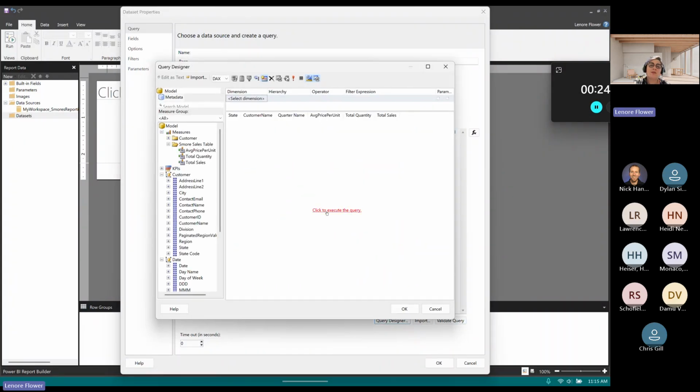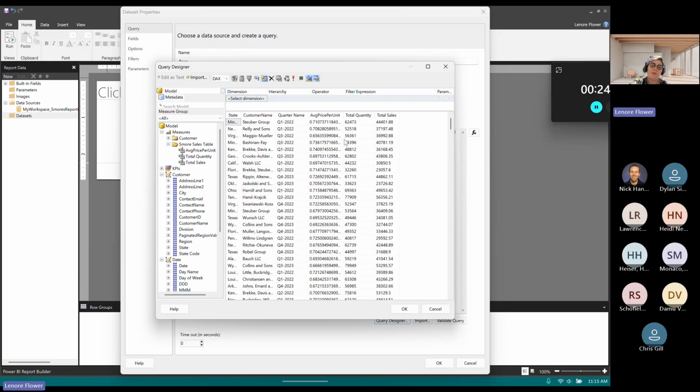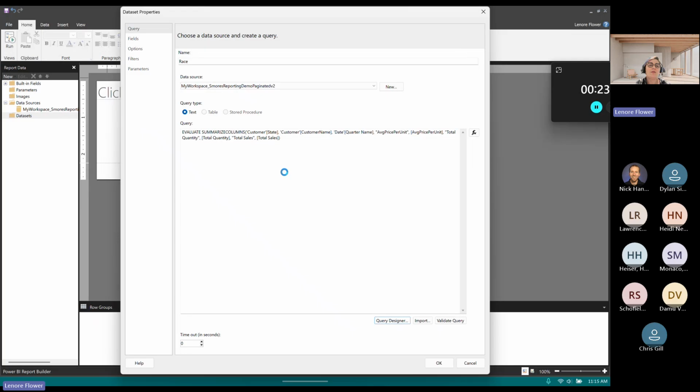Just to refresh, this will create a subset of information for us, which is what we're going to need for our report. And that is generating a query that is using DAX logic. Evaluate, summarize columns will probably look familiar to many of you who work with DAX.